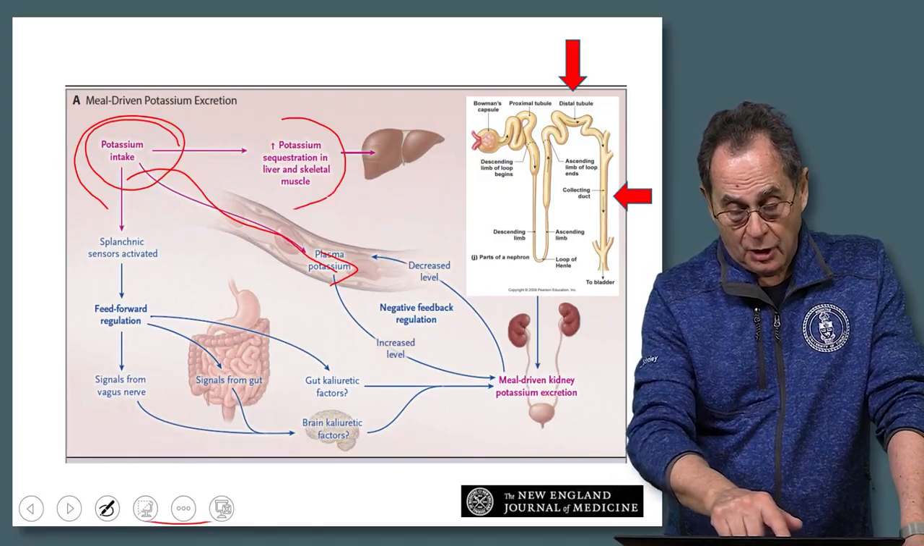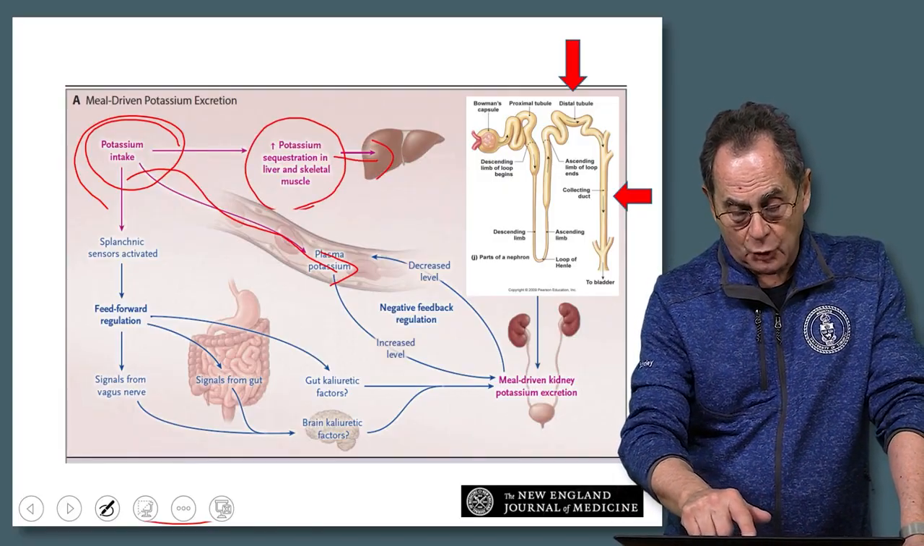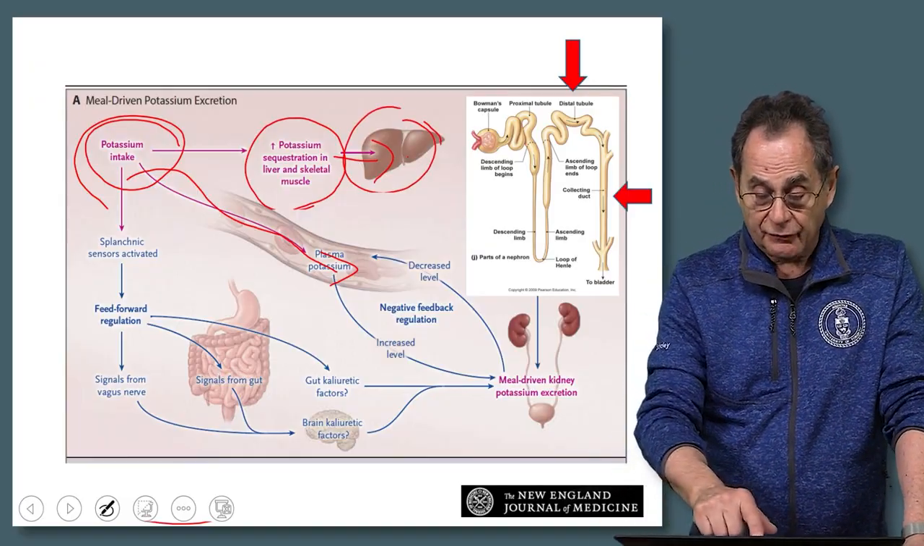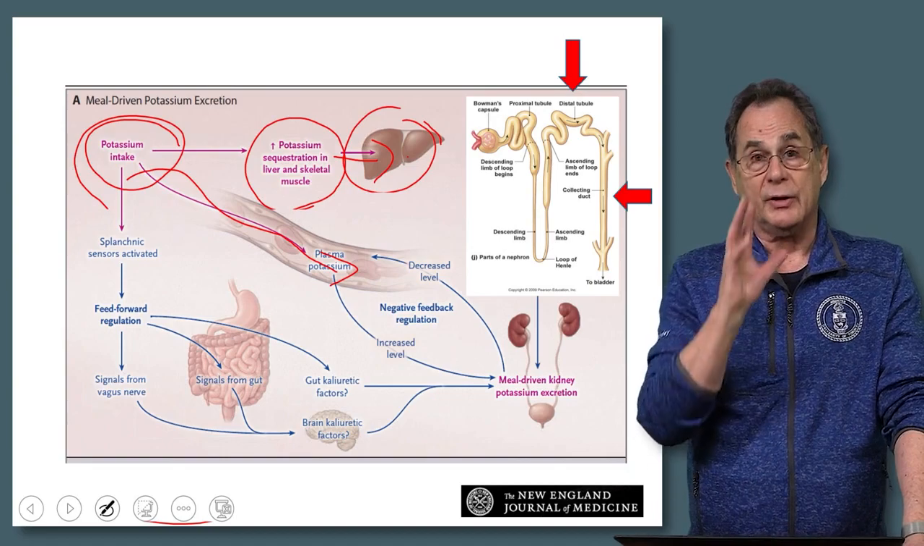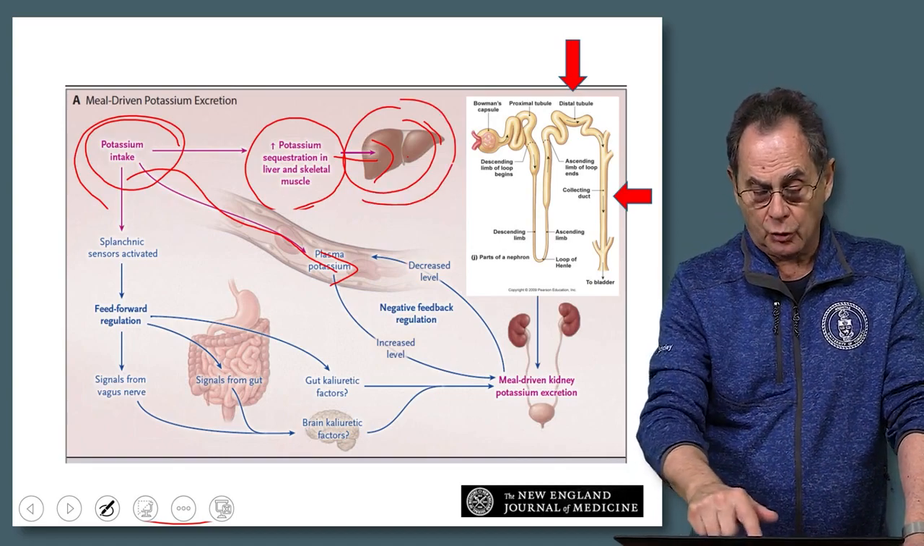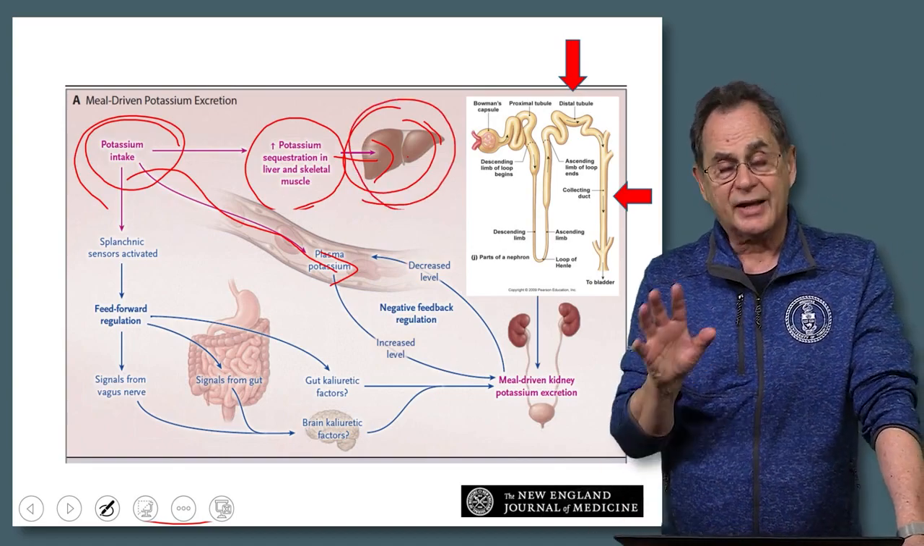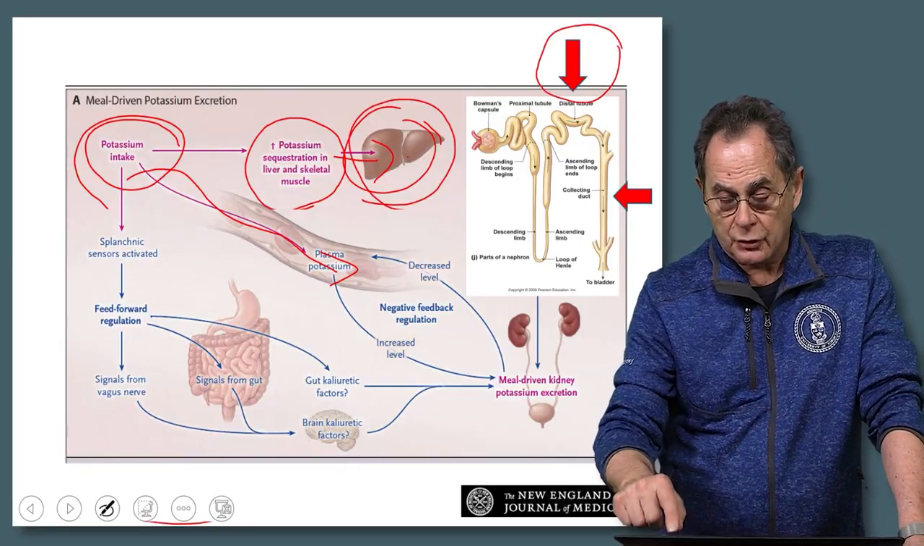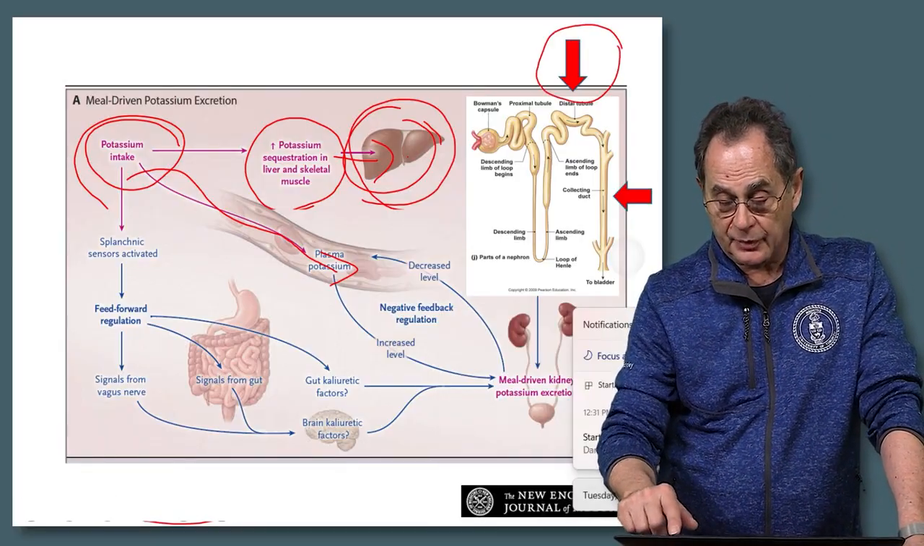After the potassium, there's sequestration, so the potassium goes into the liver and the muscle. And that's the first thing that happens. So when you eat that potassium load, it's stored in tissue. The second thing that happens is indeed you cause changes in the handling of potassium